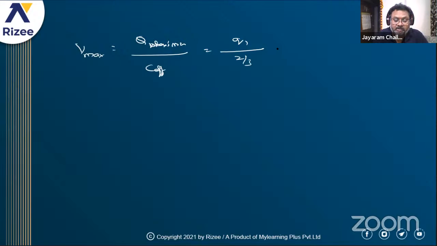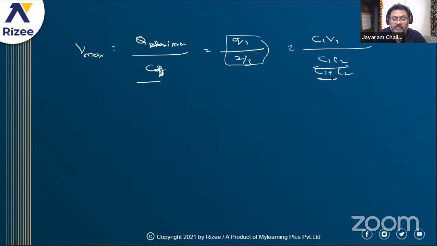So I'll be expanding this one, sir. Or else we'll be writing in another way. Q1 can be written as C1 V1 by, so the fractional that is C1 C2 by C1 plus C2. This is only the effective case for a parallel condition. So in the logic you got V maximum can be written as V1 of C1 plus C2